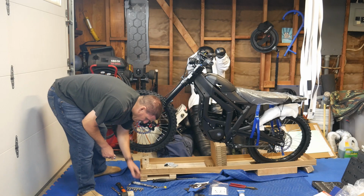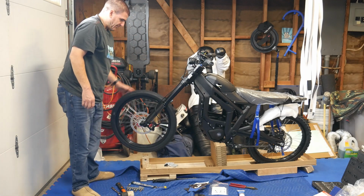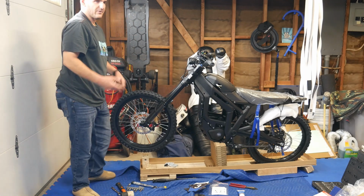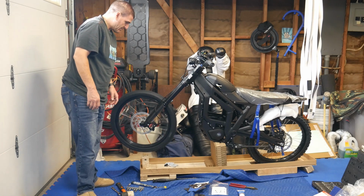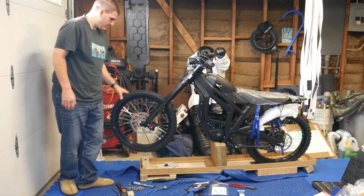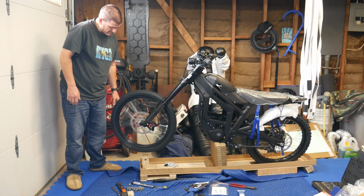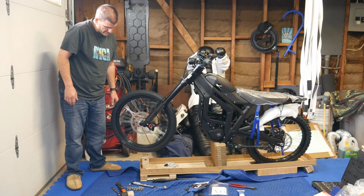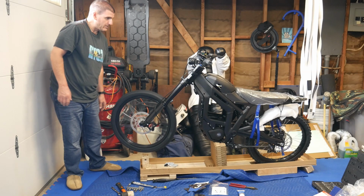And guys, I'm doing this real time because I know they forward the videos and stuff, or you know they cut them and edit them. I'm doing the install real time. So now I'm checking my rotor. And the rotor's pretty true. There's a little bit of rubbing, but